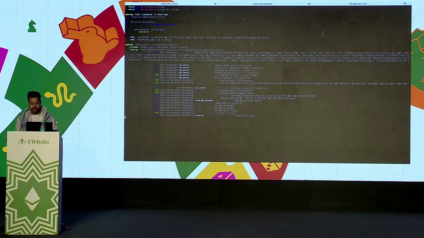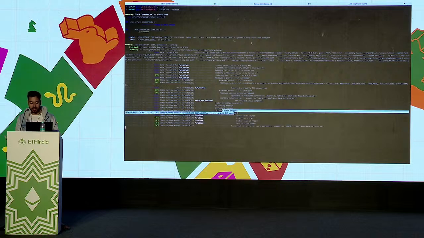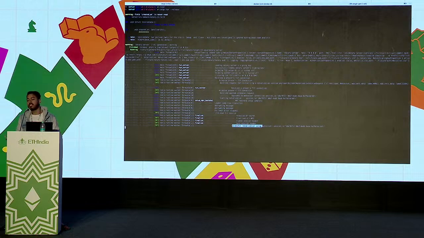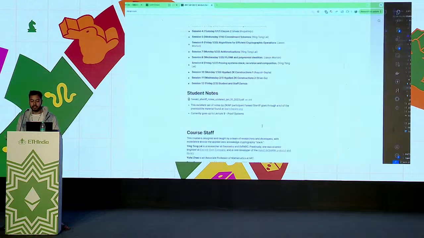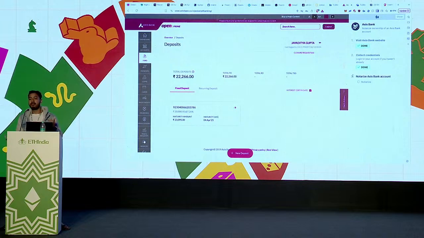As you can see, it got the protocol, started a session, and signed it, and then you can see successful notarization of the request. So what does this proof actually have? The proof mainly has the information that I own the Axis Bank account and what my name is on the bank account. It hides some information like my account number.